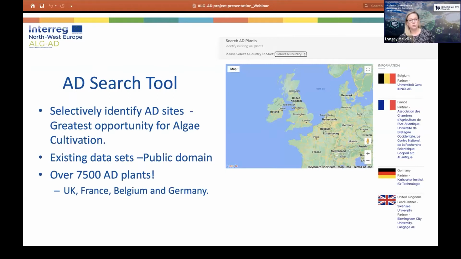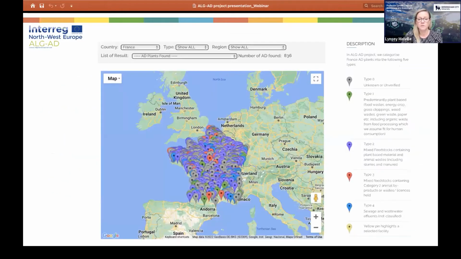So the AD search tool is the first tool that we've developed, and it helps you to selectively identify AD sites that have the greatest opportunity for algae cultivation. So we've utilised data that currently exists in the public domain, so they're existing data sets, and we've actually mapped over 7,500 AD plants across the regions that were specific to this project, so the UK, France, Belgium and Germany. So what you can do with this map tool is you can